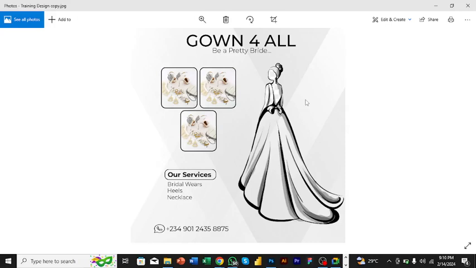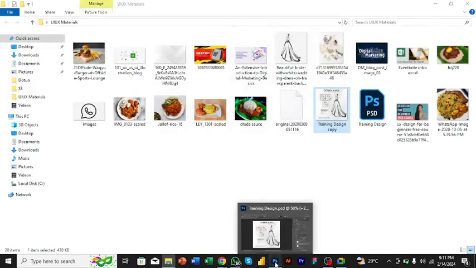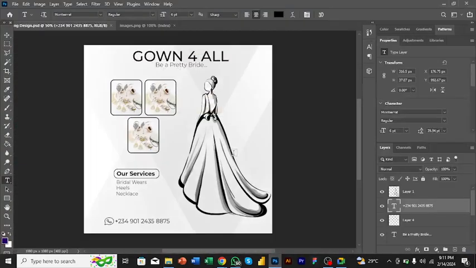Then the WhatsApp contact is there. Then you now design. But most times on a flyer there might be more elements. This is just a brief design. I just wanted to do something quickly so you can see how you can create flyers. So if you cannot create flyers like this by yourself, like I've said, maybe you don't want to do all these things from scratch,